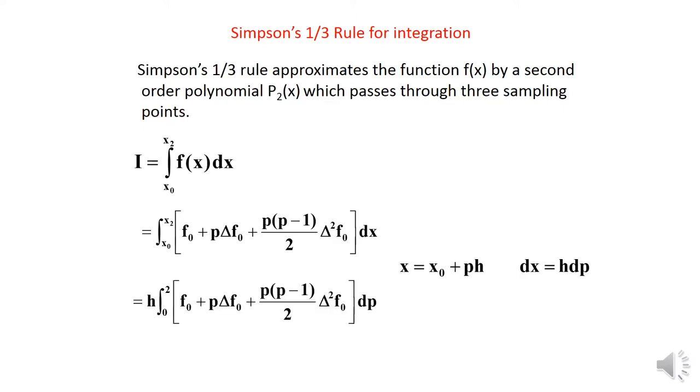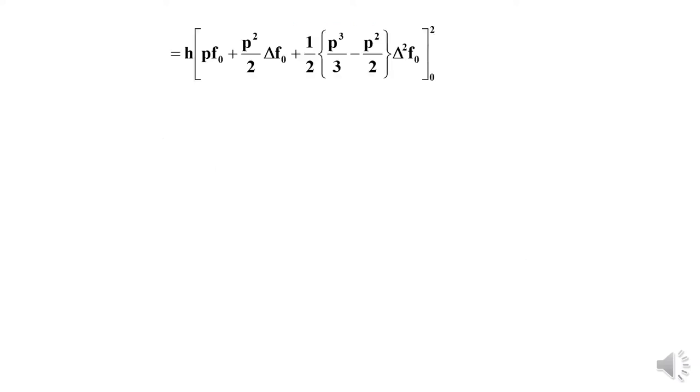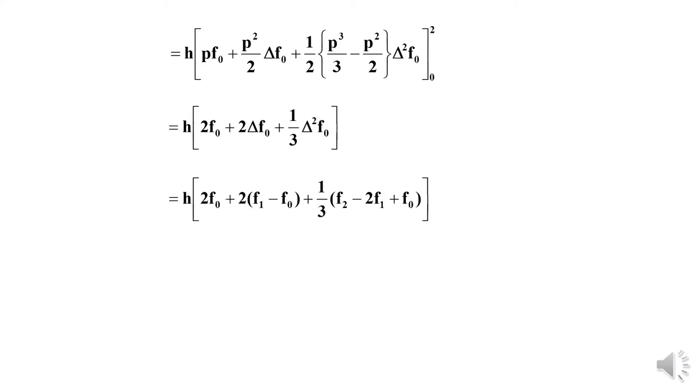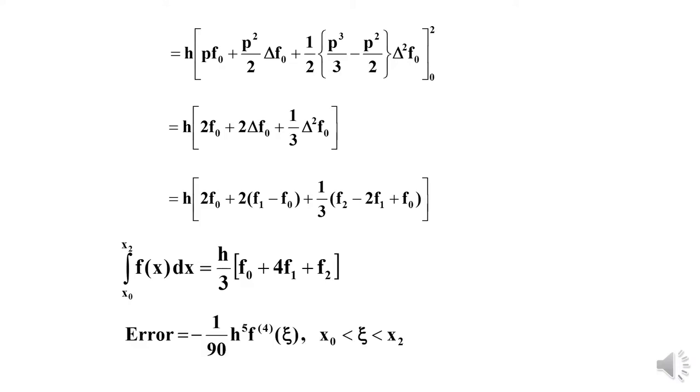Now we integrate and then we substitute the limits which have been changed to 0 to 2, and then we get the formula. So here we have integrated and limits are on the right hand side 0 to 2, and when we have substituted we get this expression which we can simplify after keeping the value of del f0 and del square f0. So we have substituted. Now we collect the terms and we see this is the formula. So this is for the first 3 points. We take the next 3 points and then the next 3 points, and then we can combine the formula.